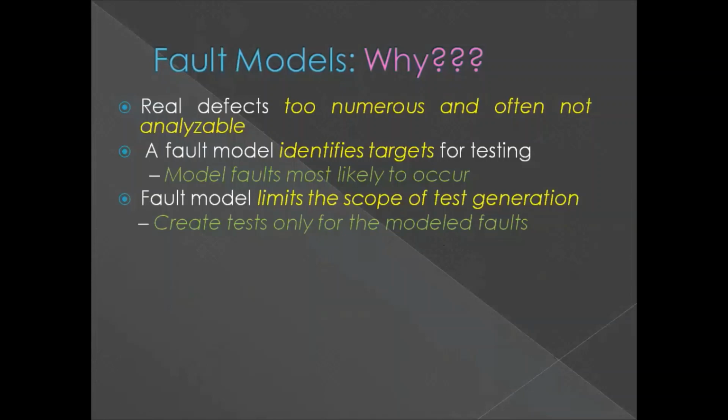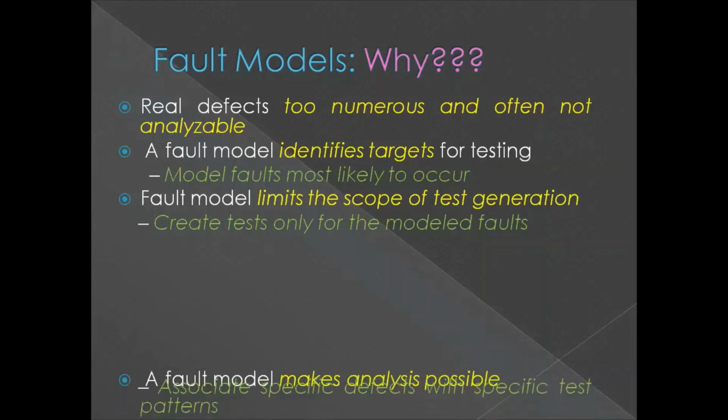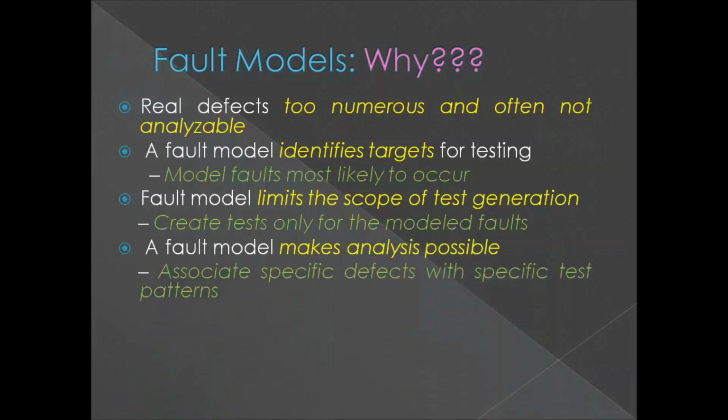मतलब fault model का काम क्या है? First, it is going to see what are the defects which are possibly analyzable, and what are the test vectors, the necessary input vectors, which have to be applied so that those defects can be detected. So I can say that a fault model identifies the target for the testing, that is, the possible defects which are there.